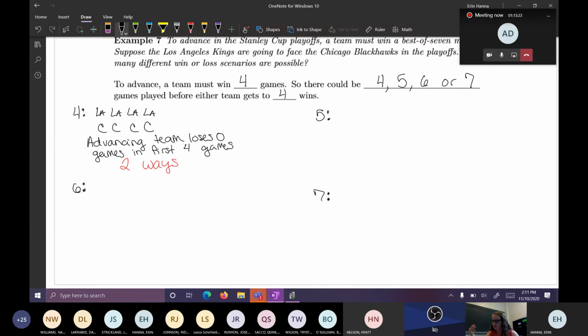If we have 5 games, for example, you could have that Chicago wins 2 of them and then LA wins the 3rd one. So then Chicago has to win the next 2. There's of course a lot of different ways you could arrange that. LA could win the first one and then Chicago could win the other 4. But for example, essentially what's going to happen is the advancing team